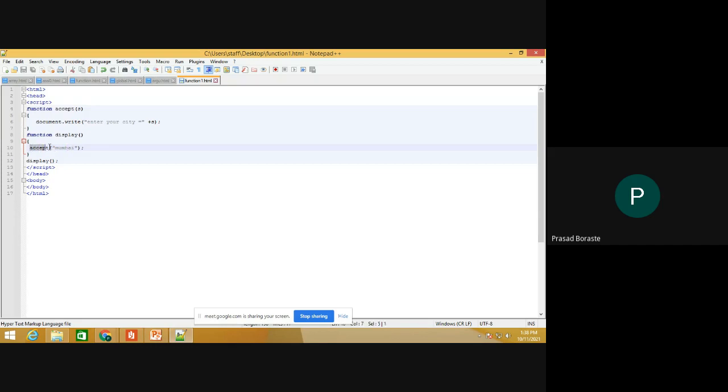When calling display, first the display function will be called. After coming over here, it will call the second function and give the output of that function. This is function calling another function. It is a simple example. Did everyone understand this? Yes, sir. Okay, it is a simple example.